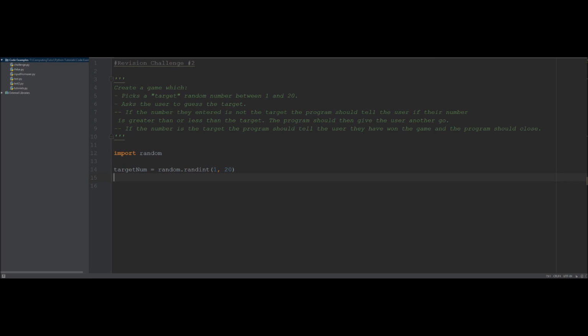Then I'll define another variable called target guessed. And we'll need this variable to break out of our loop, because I'm going to be using a while loop to allow the user to have another go. Then we're going to define our while loop. So I'm going to say while our target guessed variable equals false,